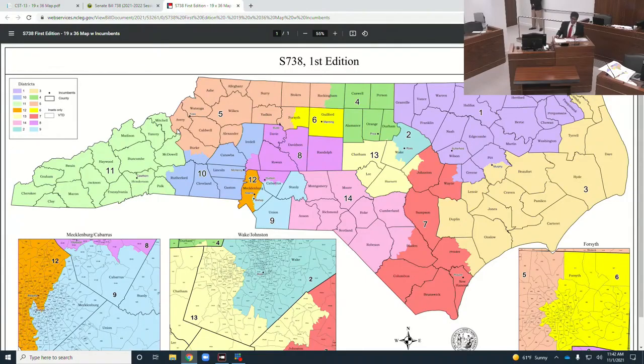Then we come to Congressional District 6. This combines part of Forsyth and Guilford County. I think this clearly illustrates a triad congressional county, again, similar to what Senator Clark mentioned, and also important in highlighting that these communities of interest stayed together. As you'll notice, Forsyth County here is not divided twice, but only once. And then we come to Congressional District 8, which runs from part of Iredell County to the east of Randolph County.